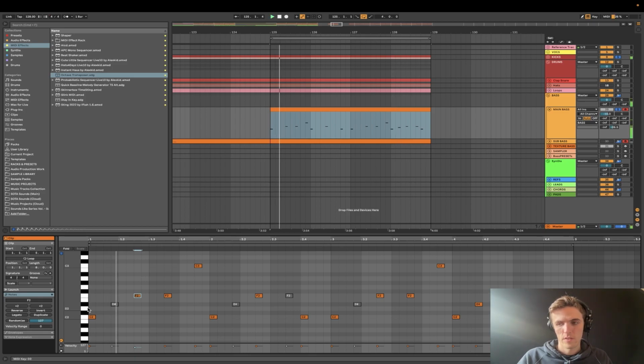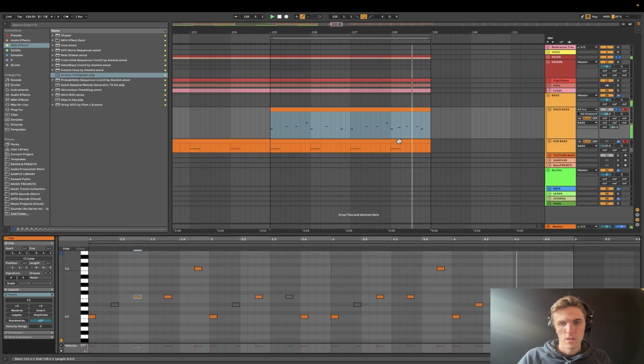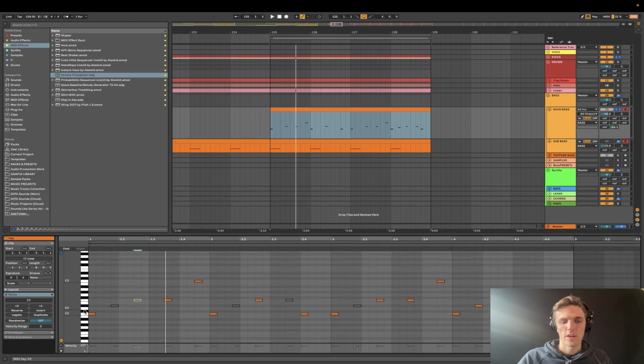I've got this here. And something that's a cool trick when it comes to bass is essentially doing question and answer. So trying to separate the top line with a lower line. So that can be within the clip itself. So you could have